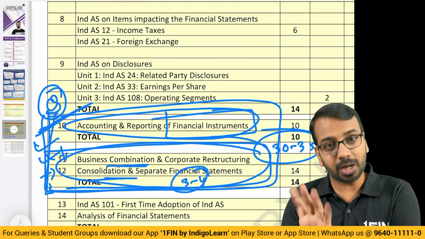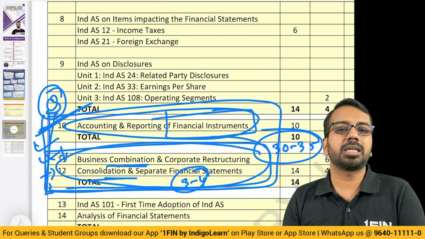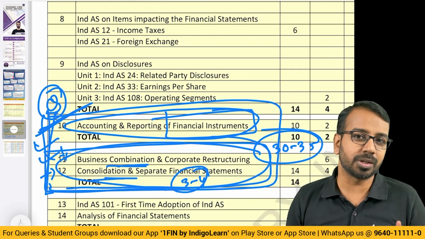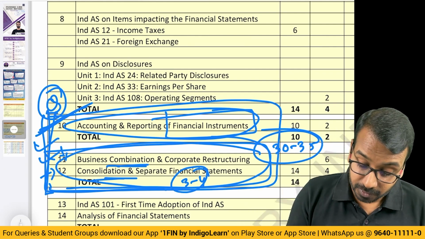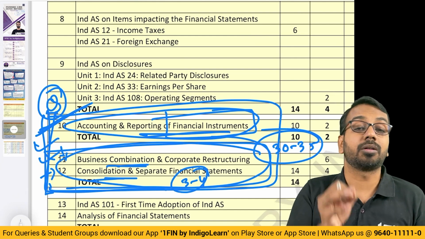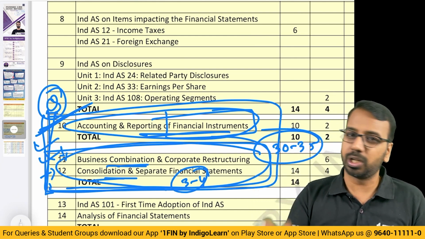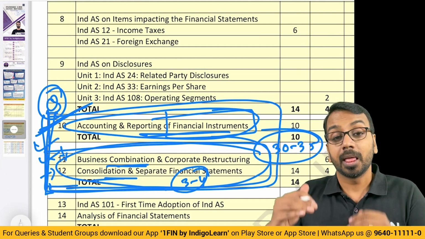Now, one benchmark for you is to go back and see, are you able to solve the last 3 or 4 attempts' questions on financial instruments? Okay, exam paper questions. If you are able to solve them, then there is nothing to worry about. Plus, this also is a high scoring topic. I've seen students scoring 8 out of 8, 10 out of 10, 14 out of 14. It is possible. So the first priority is this. After this,